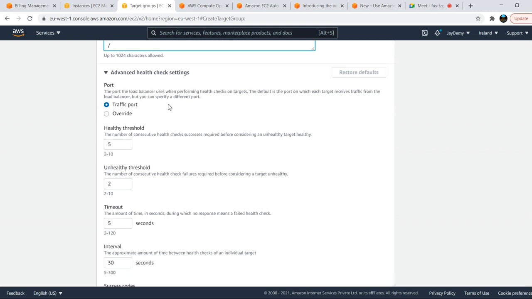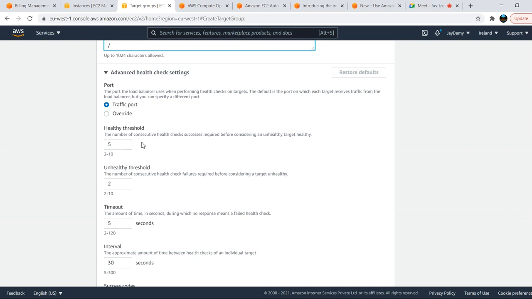Advanced details. These are the default configurations provided by AWS. If you want to keep them, you can, or if you want to fine tune these advanced health check settings, you can do that also. Traffic port is the port where the load balancer performs the health check of our EC2 machine. Healthy threshold is the number of consecutive health checks.